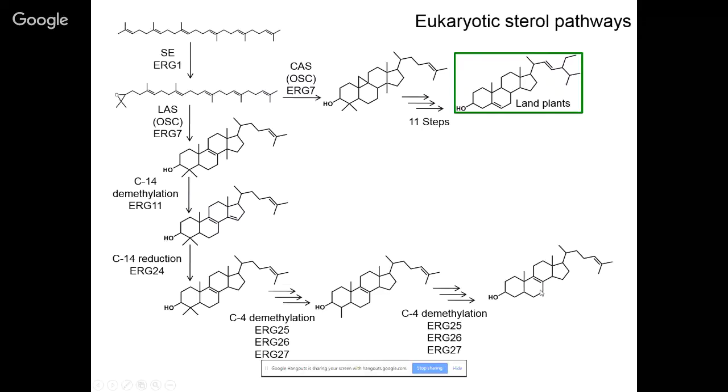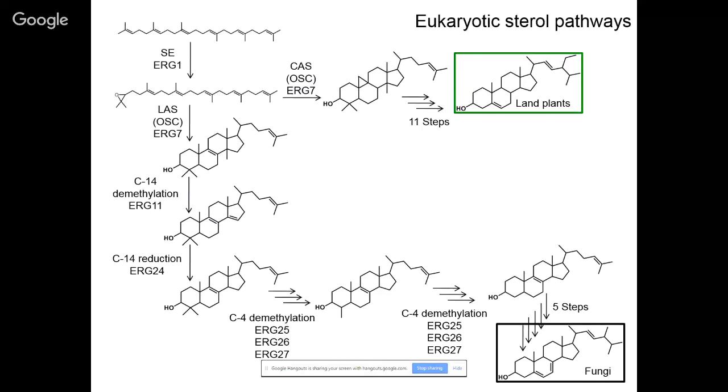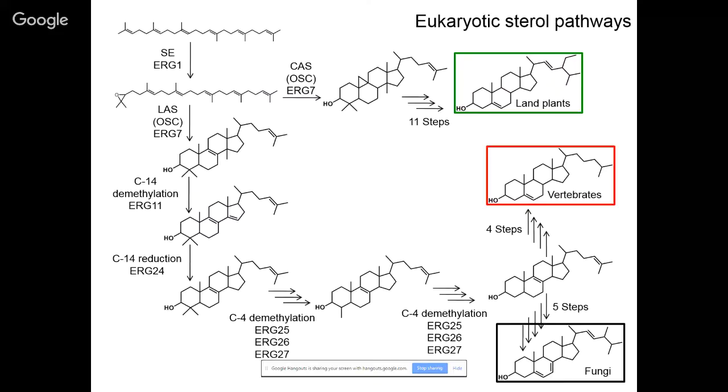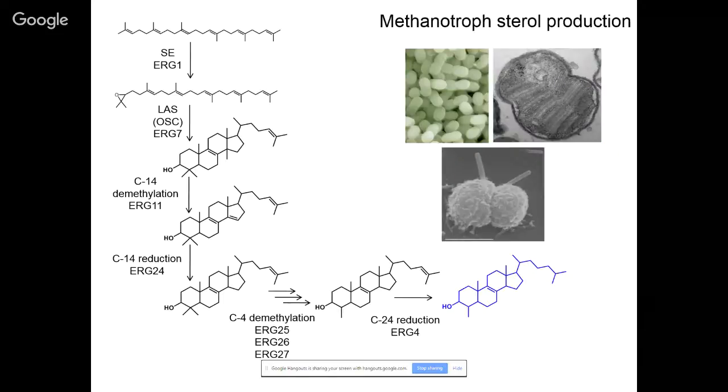This is where we then see a split where fungi take zymosterol to produce ergosterol, and invertebrates take zymosterol and produce cholesterol. Okay, and so for the most part, all the bacterial organisms we looked at did not have pathways that were this complicated. Most of them actually either stopped at lanosterol or cycloartenol, so they had one step to make sterols. But some of the organisms did modify the sterols a bit further, and some of those included the methanotrophs.